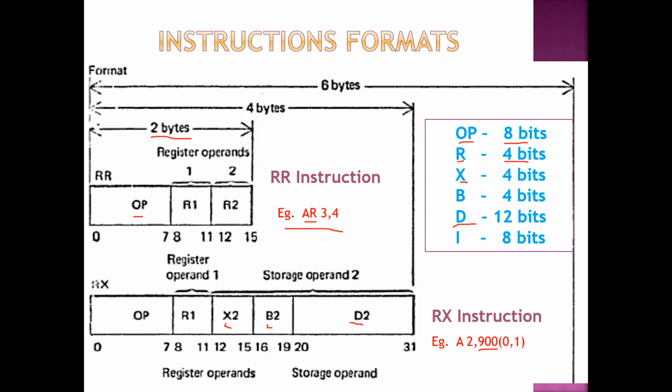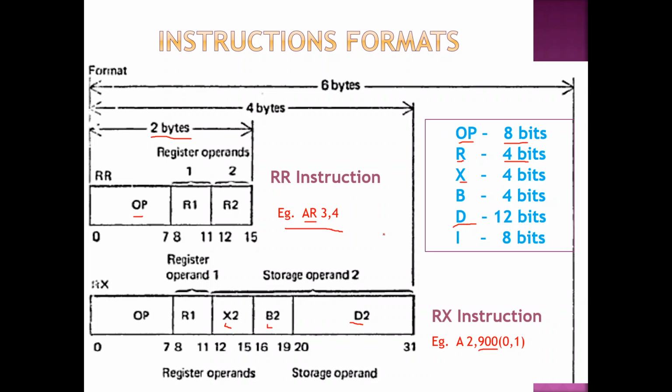So that is the RX instruction. The second type of instruction is called the RX instruction. I told you, apart from two instructions, one of 2 byte size and one of 6 byte size, all the other instructions are of 4 bytes only. I don't have to tell you every time that every instruction is 4 bytes. Only if I specifically say something else is it some other size. Otherwise all the instructions are going to be 4 bytes only.